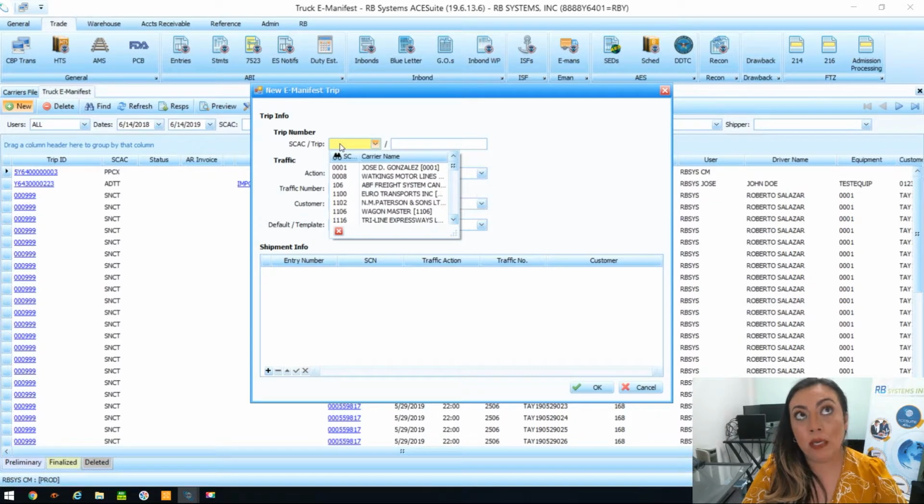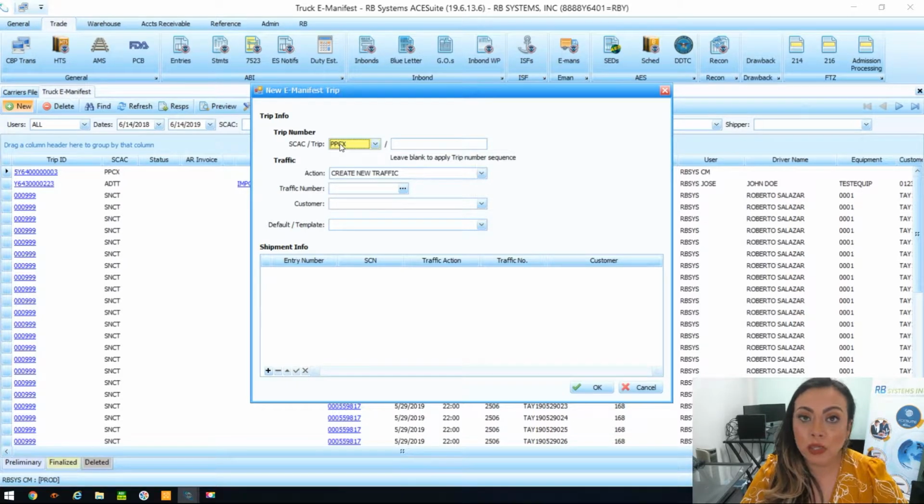In some instances, there will be carriers that don't have a SCAC code. Customs does have a generic SCAC code for those instances where the carrier code is not registered. The carrier is not registered and they don't have a SCAC code. Okay, so in order to use an unknown carrier code, you're going to use PPCX. Other than that, if the carrier is registered, then go ahead and select their SCAC code that they have registered